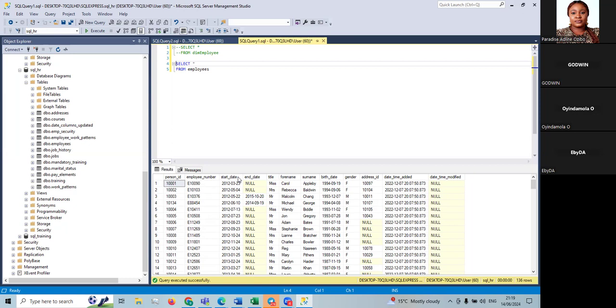We have title, forename, surname, birth dates, gender, address ID, date time added, and then date time modified. Okay, so these are the columns we have